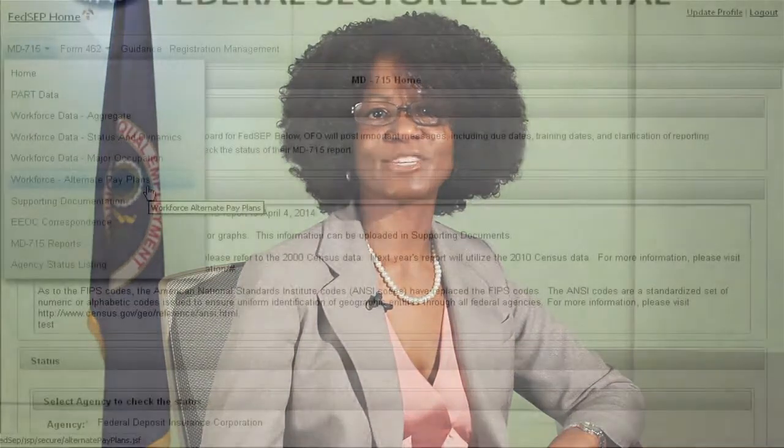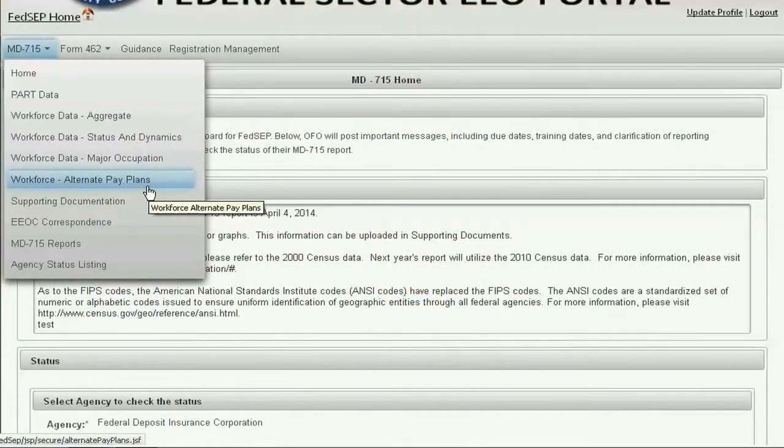FedSEP Workforce Data Alternate Pay Plans page. The final step before uploading the XML file in FedSEP is to complete the Workforce Data Alternate Pay Plans page, which is located under the MD715 heading. For those agencies that have alternate pay plans, they must provide their pay grades that are equivalent to GS13, GS14,